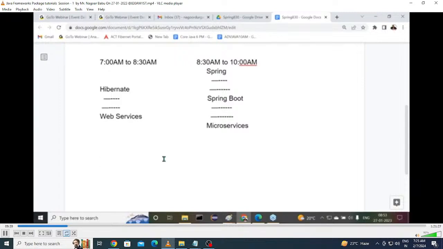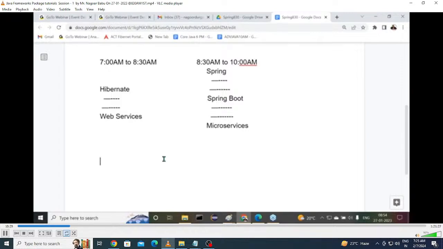But once we are in some web environment, how is it possible to understand that without having knowledge of servlets and JSPs? No. Before that, one more point: to learn Spring Boot, definitely we need Spring knowledge. Without knowledge of Spring, it is not possible to understand Spring Boot and microservices. Understand it clearly. Without prior knowledge of the Spring framework, it's not possible to understand Spring Boot and microservices. Please recognize this clearly.